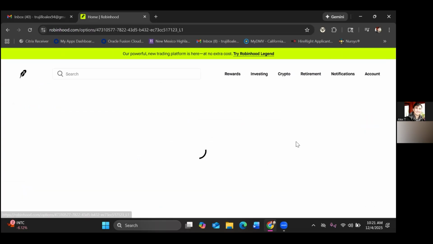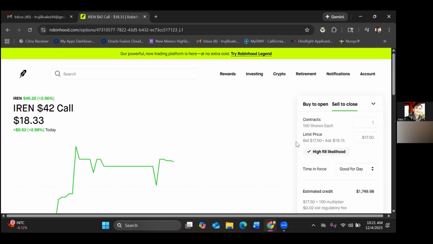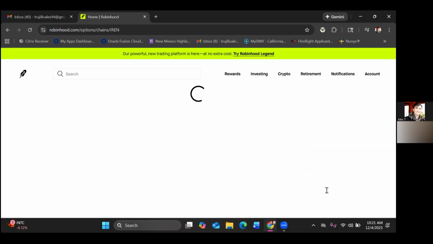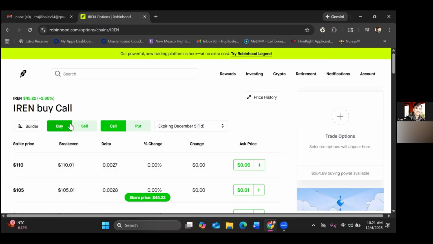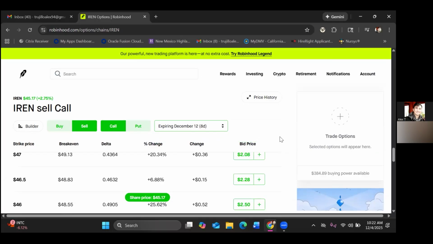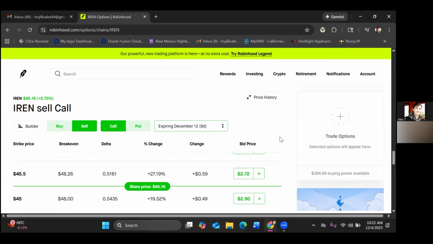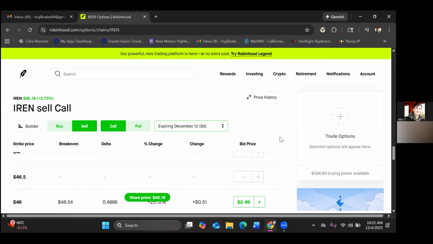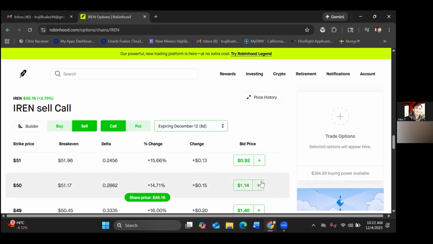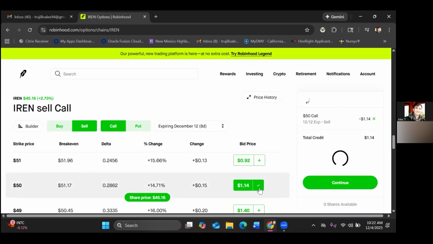Okay. Yeah, let's run this one, and let's see if we can do all five. Let's go to view all options. We probably could because it's not in the red. So sell call. December 12th, and I know the resistance is around the 50s, but we can go with the 50 strike. That's going to be great, good premium. There you go, 114. So make about 500 and change here.